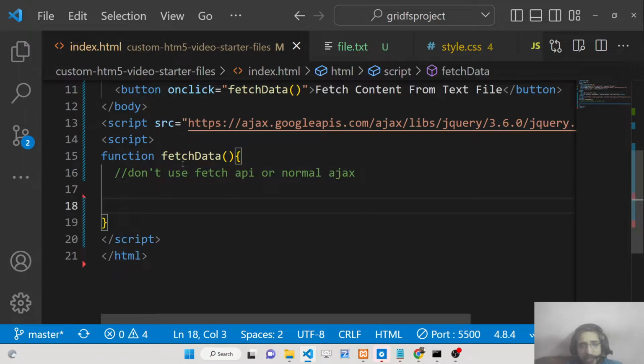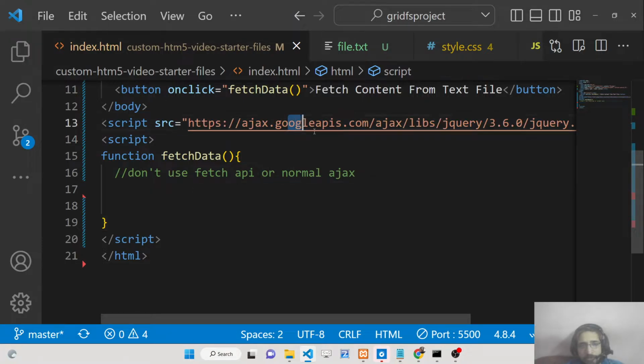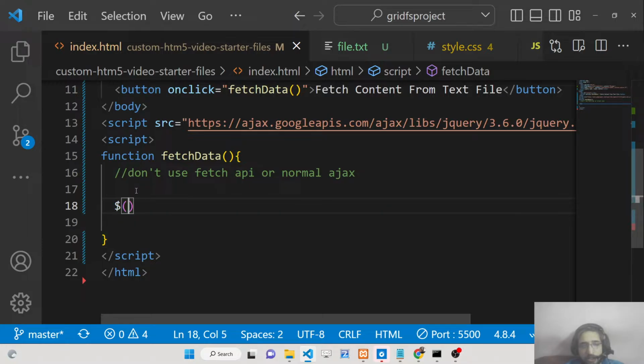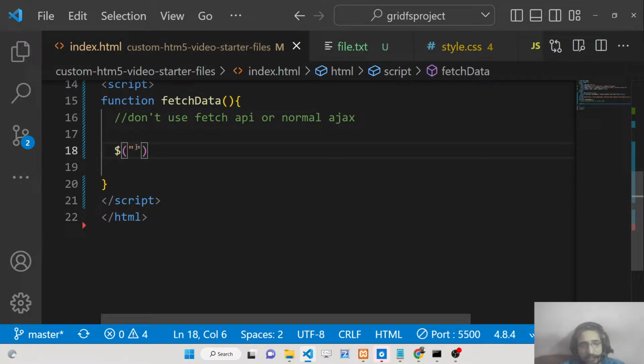So now what we do here, we don't use AJAX, we don't use fetch API or normal AJAX. There is a method inside jQuery which makes the implementation of AJAX very easy. You need to first of all include the CDN for jQuery, and this contains a method here which is the dollar sign, which is obviously jQuery, and here you need to simply give the selector name. As I given this ID here, we need to target this div element by the ID that is given to it, which is content here. So we will put a hash sign here and then put content, and this is targeting this div element. And now we simply need to load something here, so we can simply call the load method here,